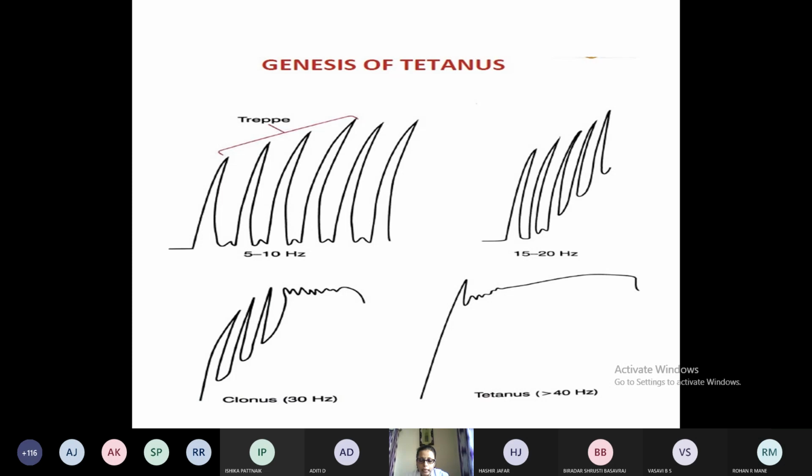So how will you relate this experiment to medical physiology? This can be a likely question for you. The points are: muscular activity involved in maintenance of posture and in many other motor functions is due to the tetanic type. Suppose somebody is in a standing or sitting posture, everything is due to a partial state of contraction. It is due to some kind of tetanic type. So that's how you can apply this to the human body.